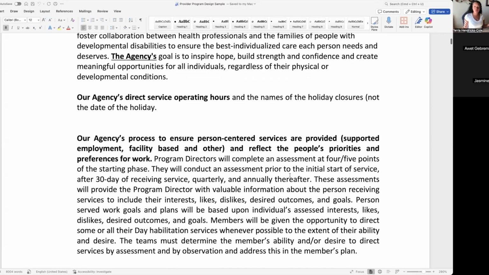So if at the tour you feel like they're a good fit for your program, as a provider, you need to set up an intake meeting. And at that intake meeting, you'll have all of their support caregivers involved. And you'll go over that assessment sheet with them. It just talks about their likes, their dislikes, supports that they need, whether it be medical supports or behavioral supports.